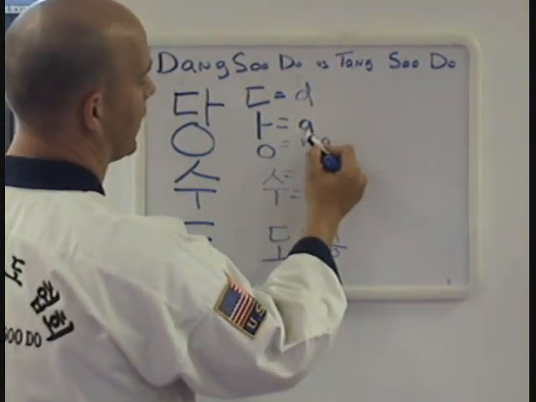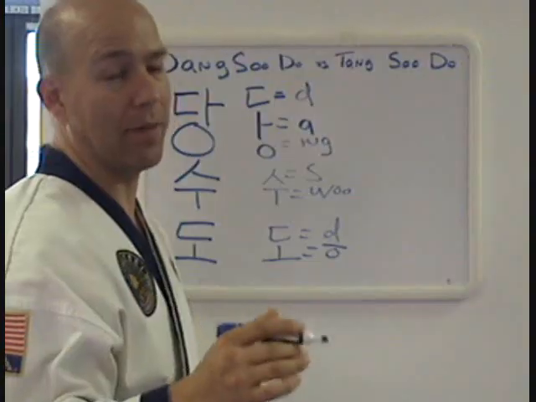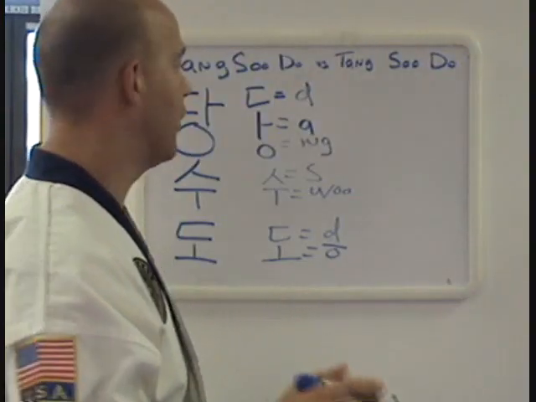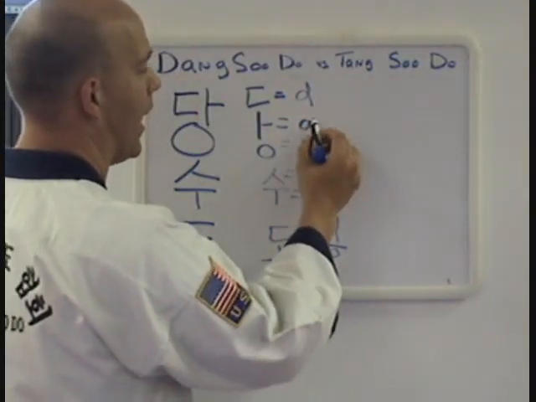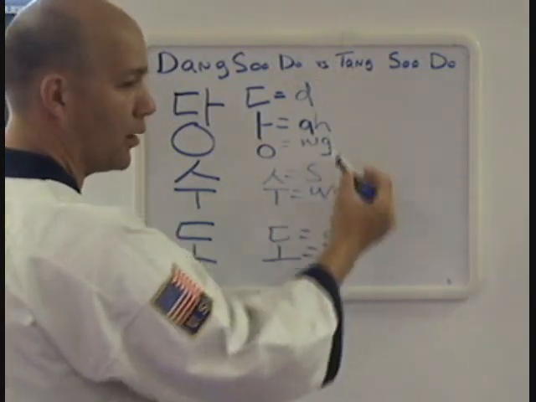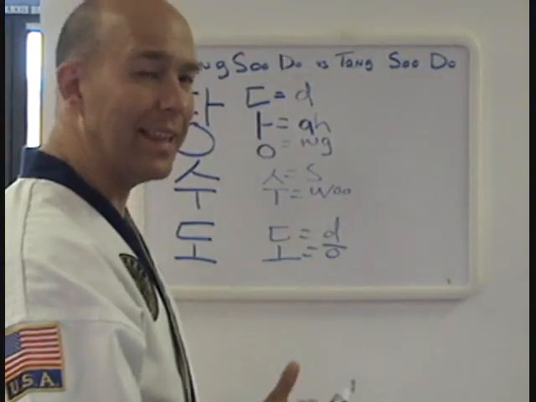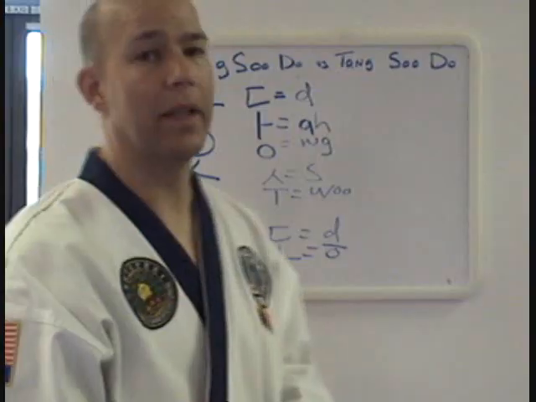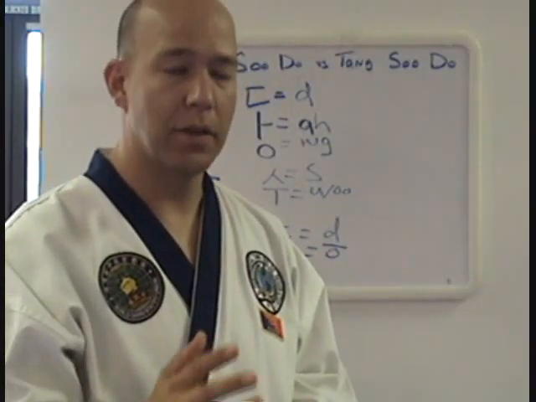Let me go back and cover this A real quick. In English, you can write A and make it sound 5 different ways depending on what's before or after it. But this A in Korean is always pronounced A, as in AH. So you see, like Tang Soo Do, Tang Soo Do. Could it sound like a T? Could it sound like a D? I think it probably could be either one depending on how you hear it. But Tang Soo Do sounds pretty close to either one.